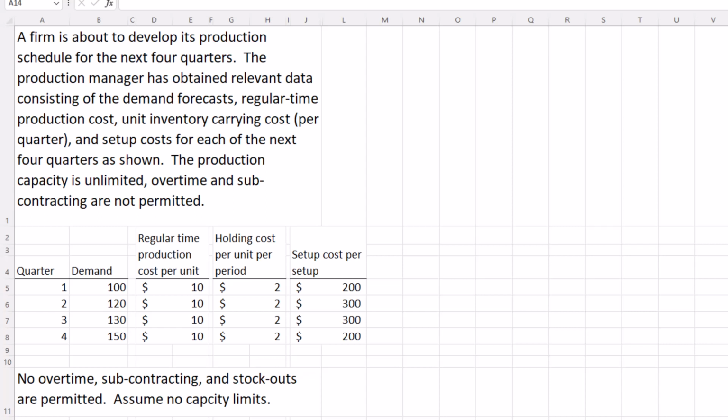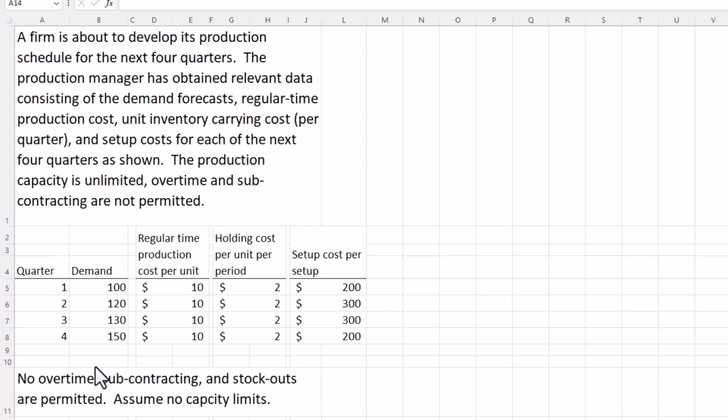The production manager had obtained the relevant data consisting of demand forecast, regular time production cost, unit inventory carrying cost per quarter, and setup cost for each of the next 4 quarters as shown. The production capacity was unlimited; overtime and subcontracting were not allowed. These were our